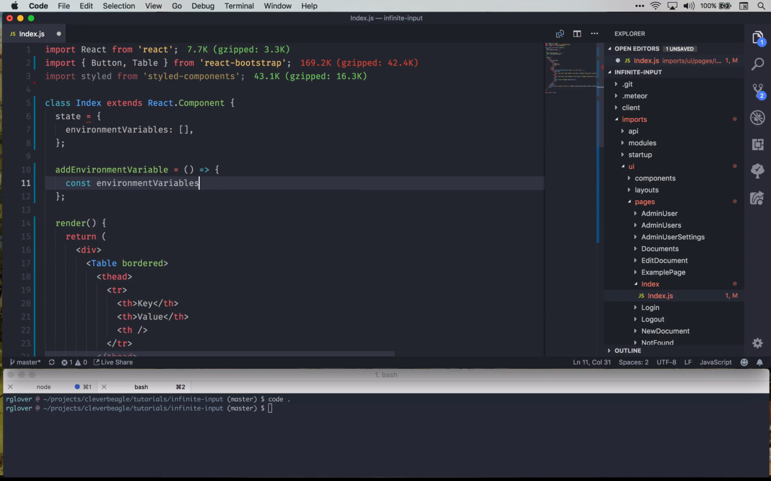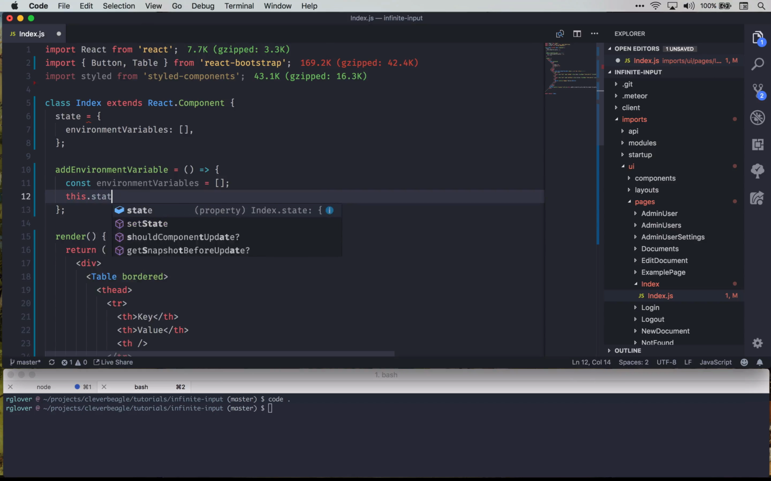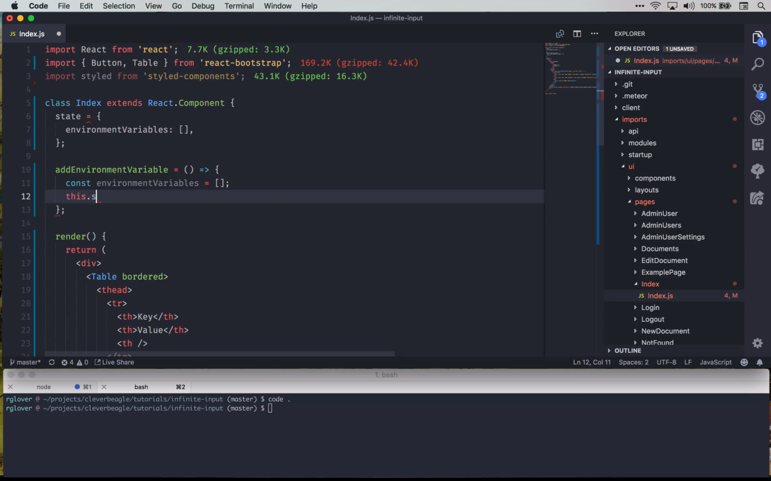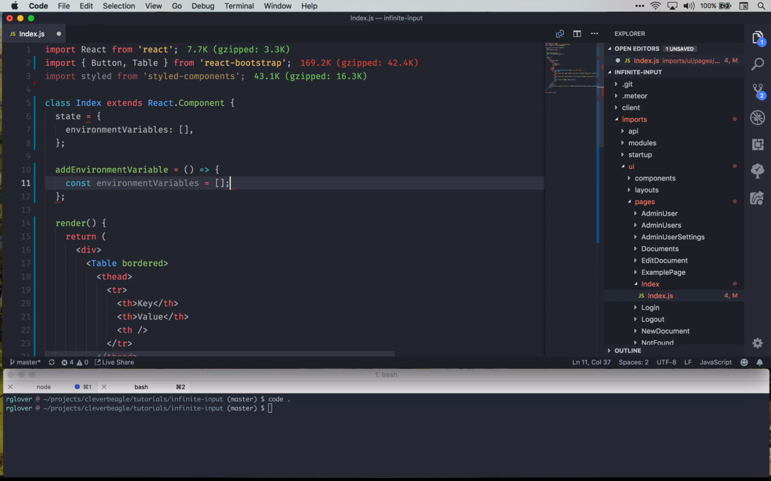existing environment variables first. So we're going to take an array, and remember the golden rule in React: you never want to mutate state directly. So what we don't want to do is say something like this.state.environmentVariables equals something. That's a big no-no. We don't want to do that because that can trip up React. So what we're going to do is create a new array,